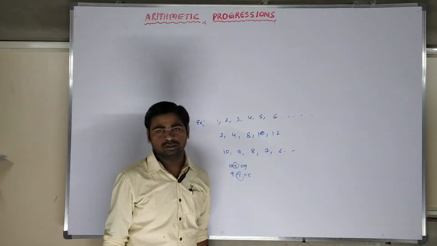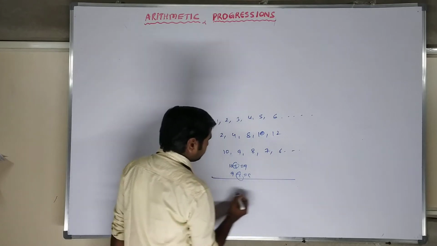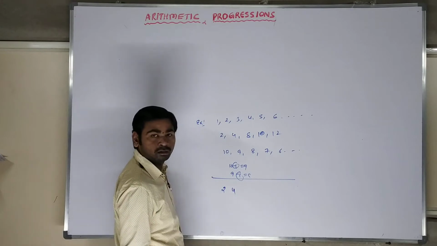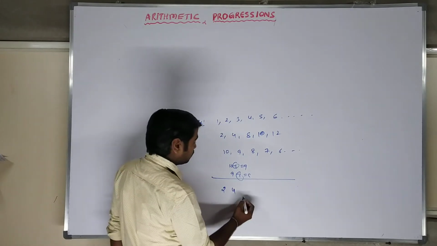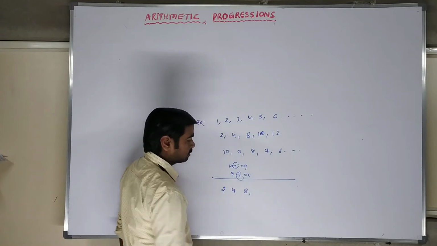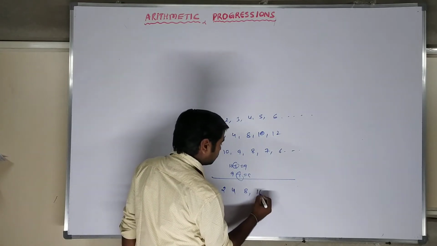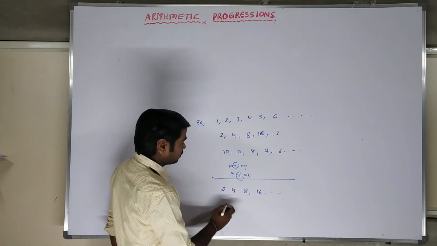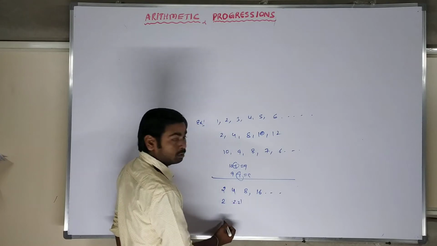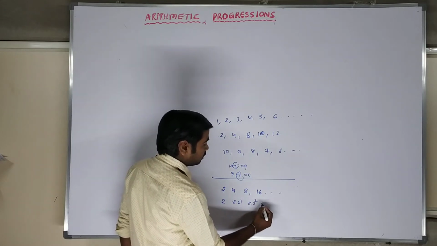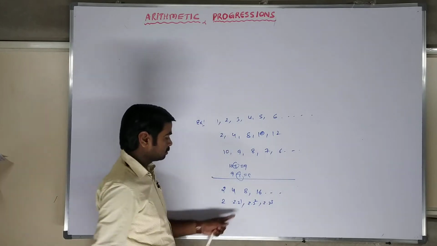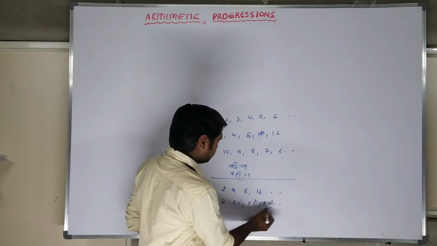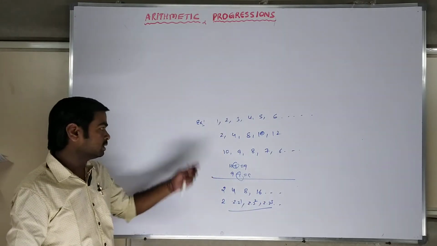So this is a set of logics. Sometimes there is another example: 2 is there, and after that 4, and after that 8, and like this. So it means the first number is 2, then 2 times 2, then 2 times 2 square, then 2 times 2 cube. So 2 to the 1 is 2, 2 squared is 4, 2 cubed is 8, 2 to the 4 is 16. Like this some logic is there, so logically the series will be created.